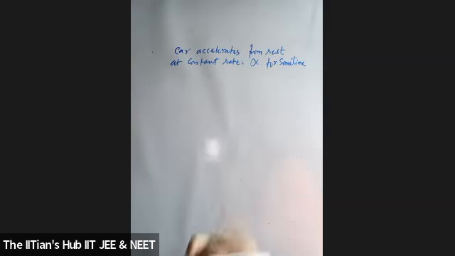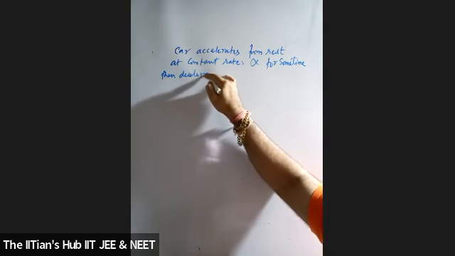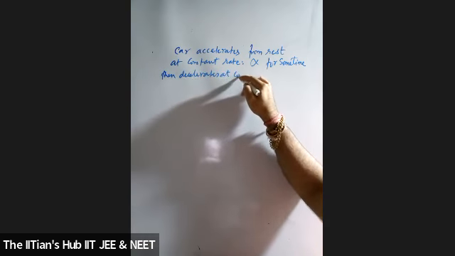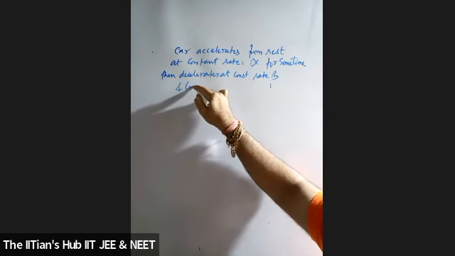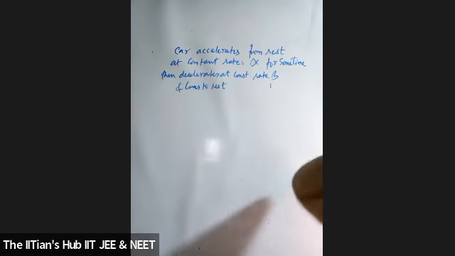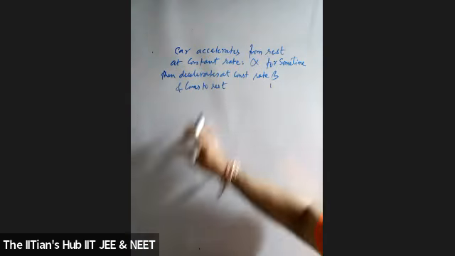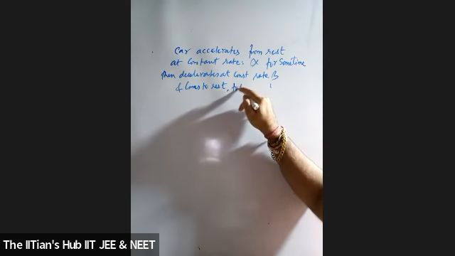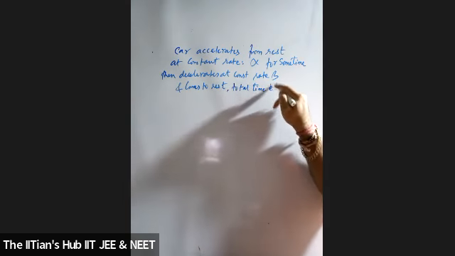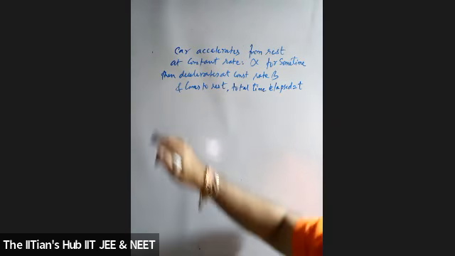After which it decelerates at a constant rate beta to come to rest. Since a car accelerates from rest at a constant rate alpha for some time, then decelerates at a constant rate beta for some time, students, and then comes to rest. If total time elapsed is t. Then students, question asked us,